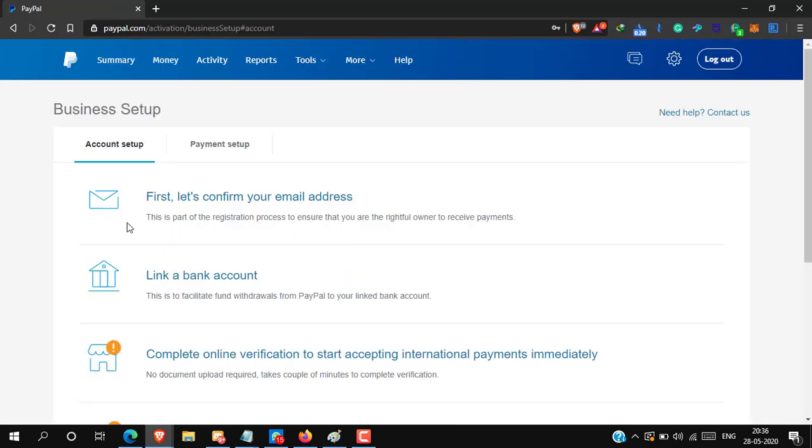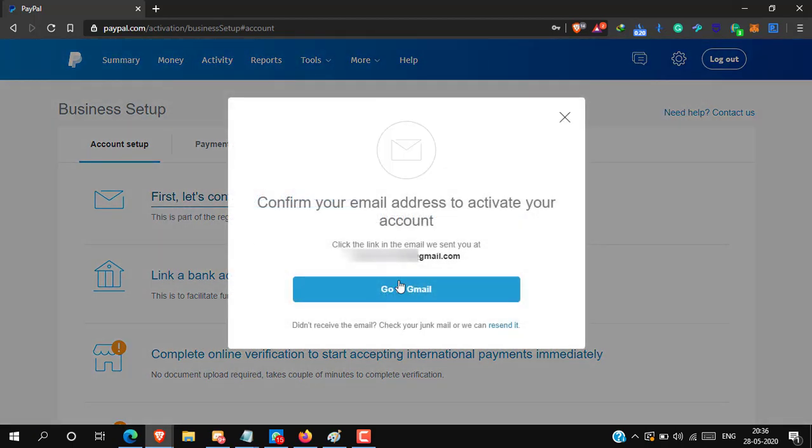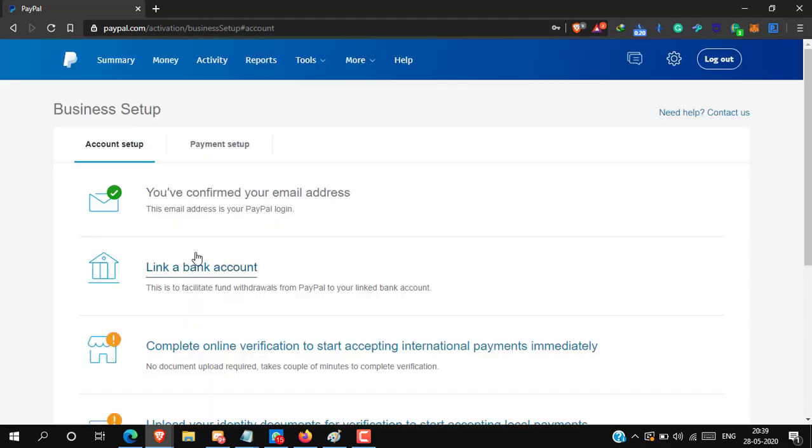Okay, it will open the account setup page. Okay, here we have to verify our email address. Simply click on the first one, "Let's confirm your email address." You will receive a confirmation mail from PayPal in your email. After confirming your email,